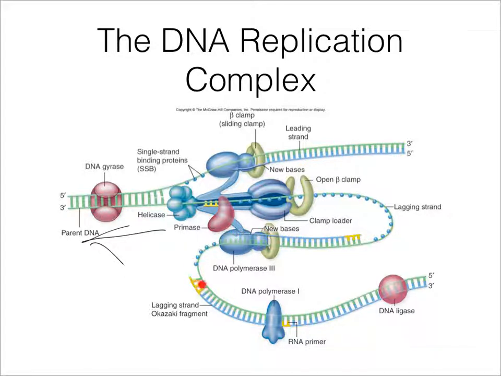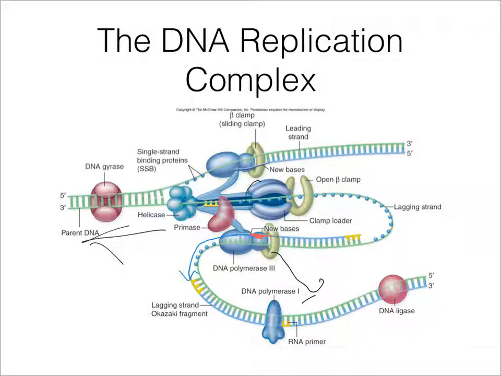fragment right here. You see the primase associated with the lagging strand, which is going to lay down a new RNA primer at the beginning. And then the primase disengages, and you make more DNA until you run into the next Okazaki fragment. And then this clamp will let go,